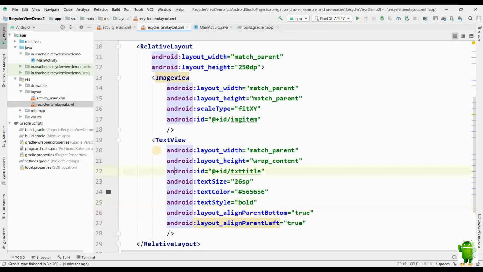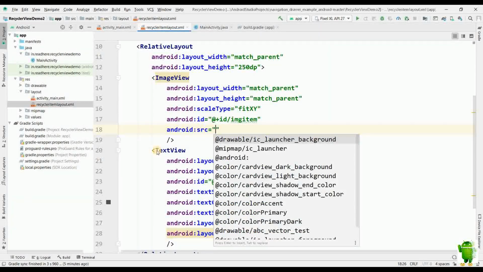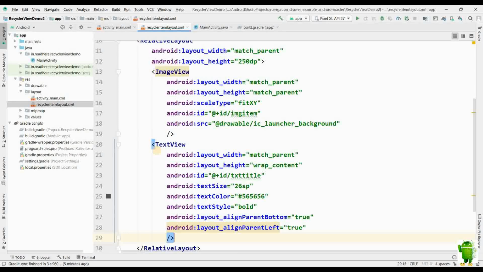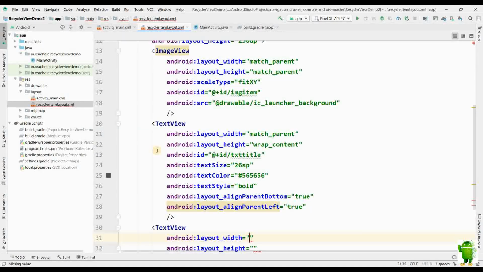We'll provide the default image of our image view, which is a local image drawable IC launcher background image, in case we want to preview the layout. Next we'll add a read more text view for performing an action on it.